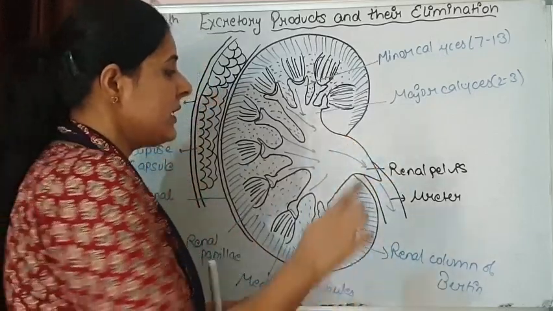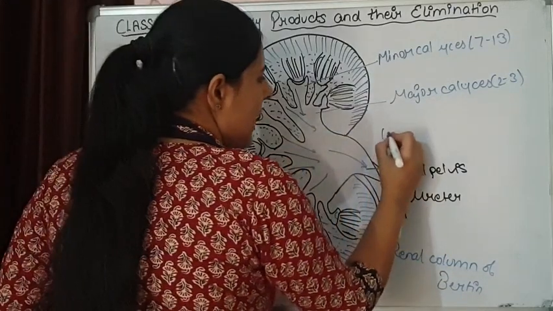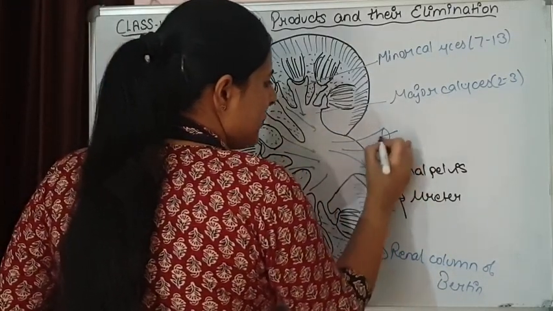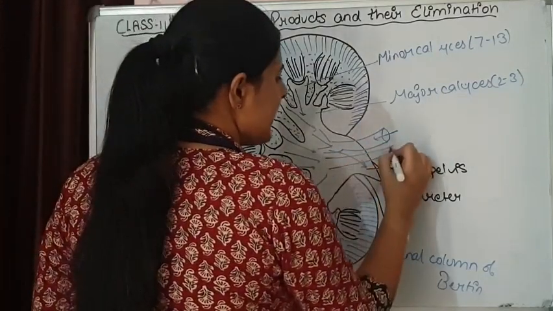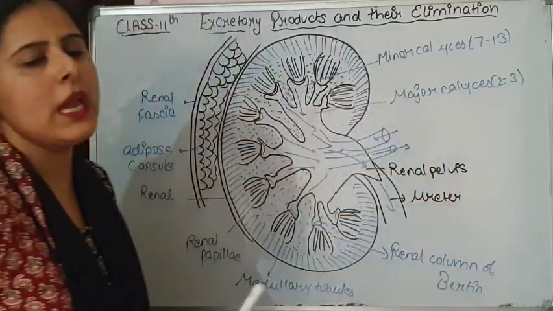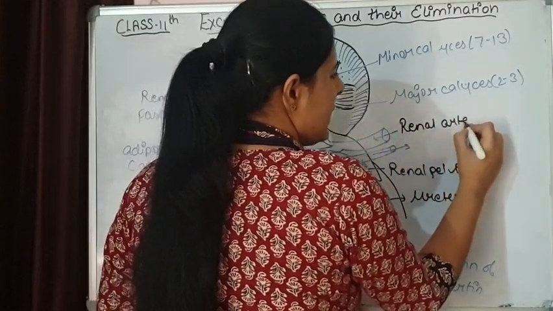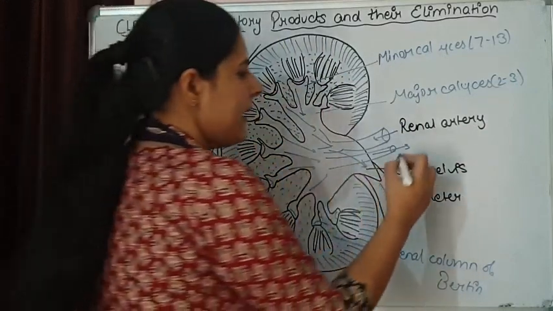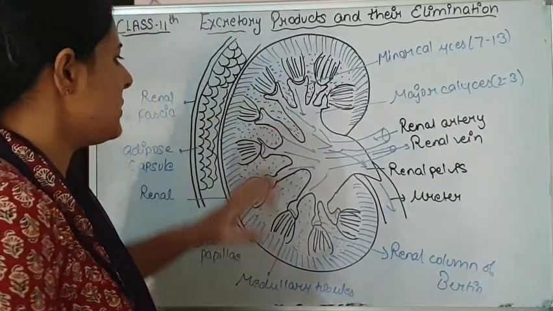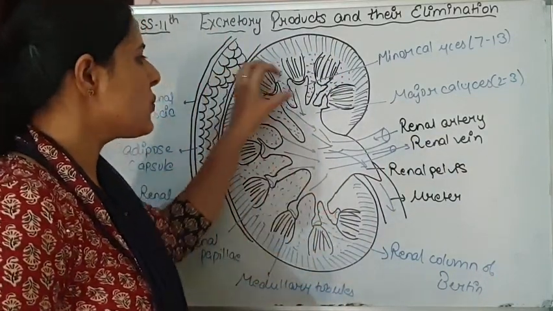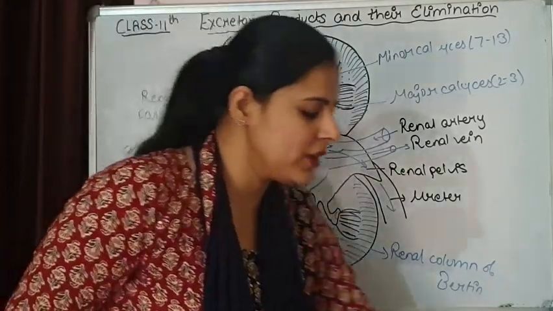This is the hilum region, and renal pelvis is moving out from this structure. The arteries that are going to supply impure blood are also entering, and the veins that are carrying pure blood are also going to exit from here. So renal artery is going to carry the impure blood and renal vein is going to carry the pure blood. This is how the kidney are present, and the small structures are continuously functioning. So this is the main organ of our excretory system.